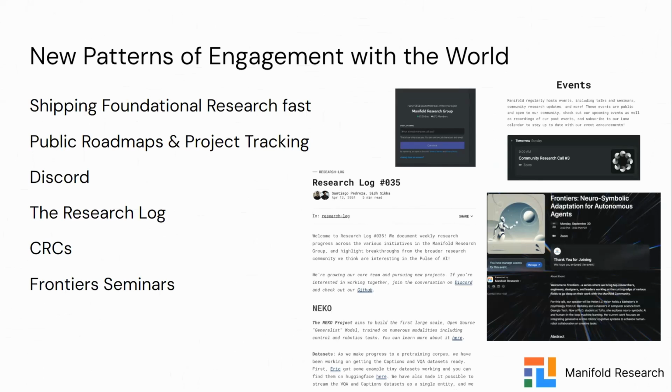We engage primarily through Discord, which is a very opinionated platform, and a lot of people wouldn't necessarily think that Discord is a great place to have a formal, large-scale research institute like this, but we've been working well on it. And then we have these really fast patterns of interaction. So things like research logs, which we send out every 2 weeks, which are even more incremental updates than what you'll see in the CRC today. And then, of course, CRCs, which are this event series that happens roughly once a quarter, where we get to do a showcase on the different updates around the different research directions that are happening at Manifold.